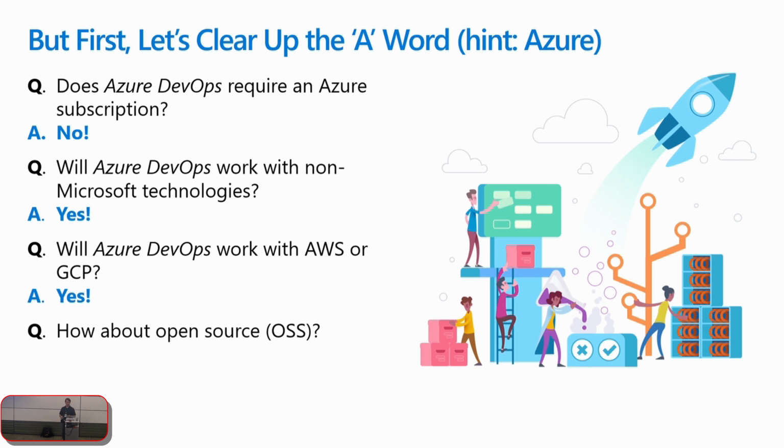And then lastly, what about open source software? This is where Microsoft's made a 180-degree turn over the last 5 to 8 years, give or take. They used to be very anti-open source, very commercial, stay out of the open source area. They make more money, make more money, make more money. Somewhere along the lines, they saw the light, and now they're huge contributors in the open source environment. And yes, Azure DevOps works really, really well with open source technologies. And again, we'll see a little bit more of that as we go through this.